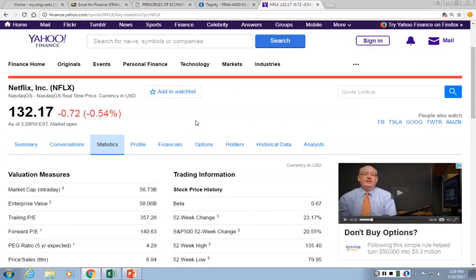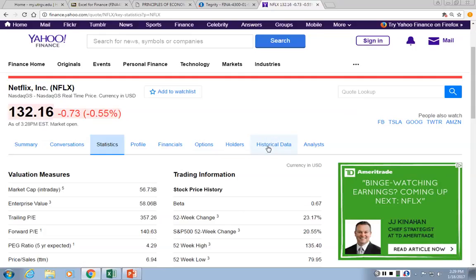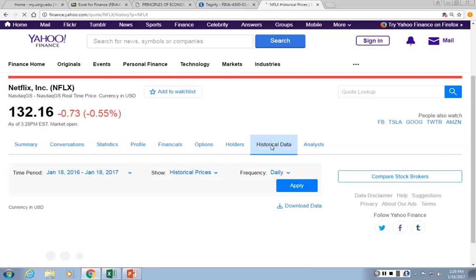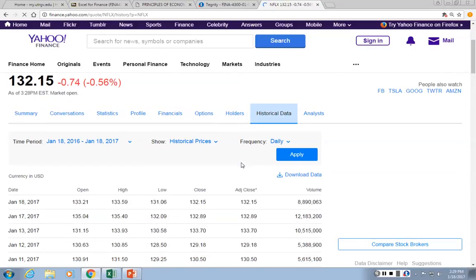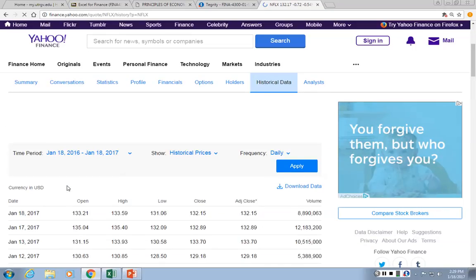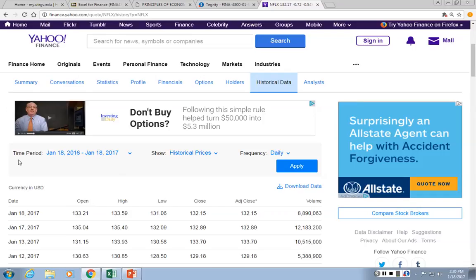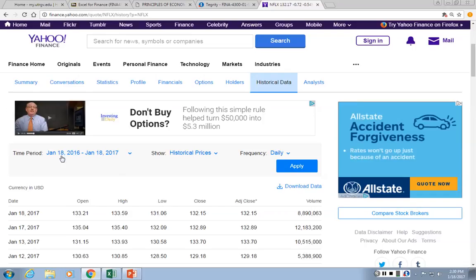So now what I want to do with Netflix is do some analysis. If you go here to historical data, click on historical data, and you can see a lot of numbers here. This is the historical stock price data of the company. And right here in time period, it is about 1 year of historical data. So let's make it 5 years. So if you click here,